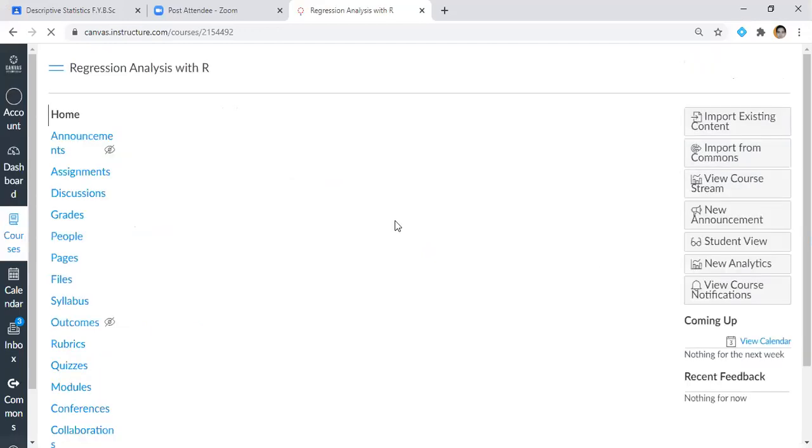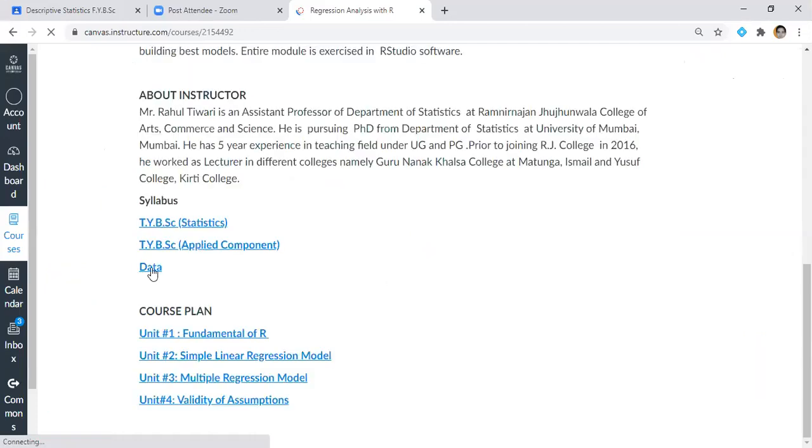You can see when you go to home, at the bottom you have the applied component. After applied component you have data.